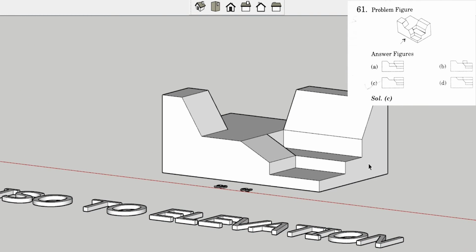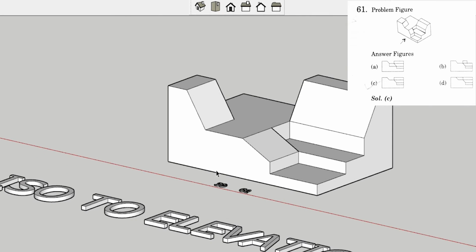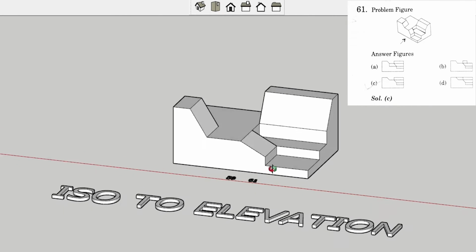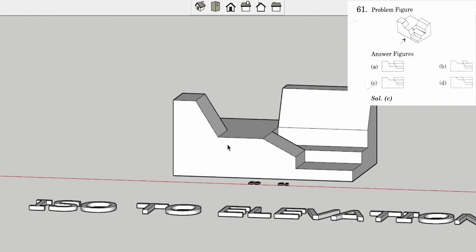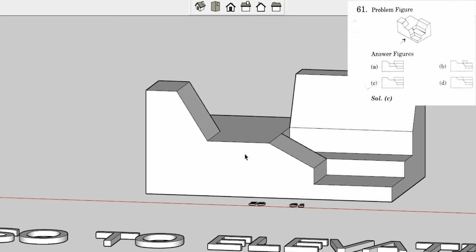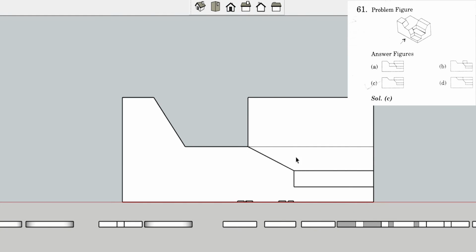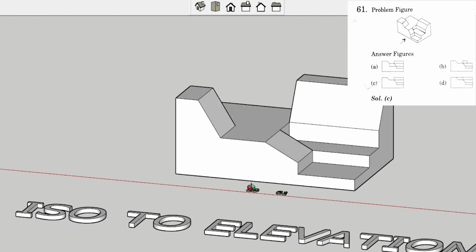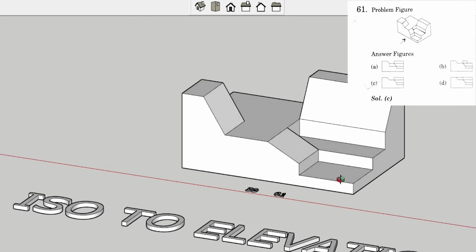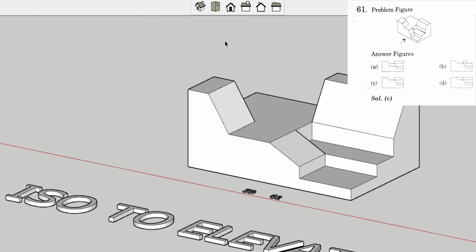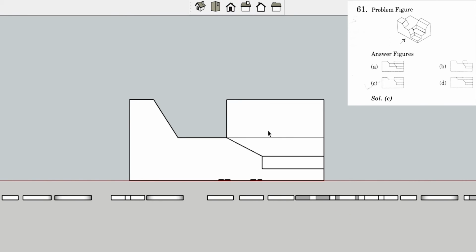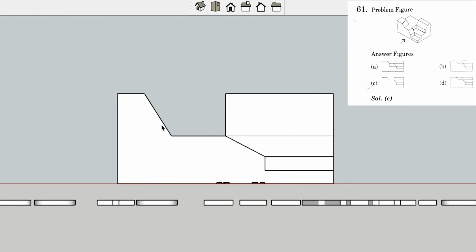But for the other question where the elevation is asked from this side, we have to move the camera here, and we can see that the elevation from this side will be like this. So a question can be framed into 2 questions by giving a different side to find the elevation from. So one side is this and one side is this. And for the other question, the answer is C, as we can see that this is matching with the option given here.